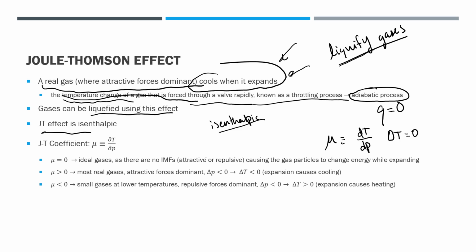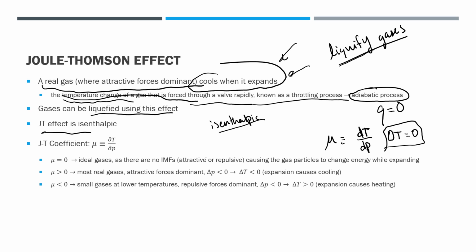which means my change in temperature is going to be 0, right? So dT dP is telling me how my temperature changes with pressure. My pressure can do anything, right? If I expand, that means my pressure goes down, but my change in temperature is 0, right? Because there are no attractive or repulsive forces I'm pushing against. So dT dP will just be 0 as well, because there's no change in temperature.